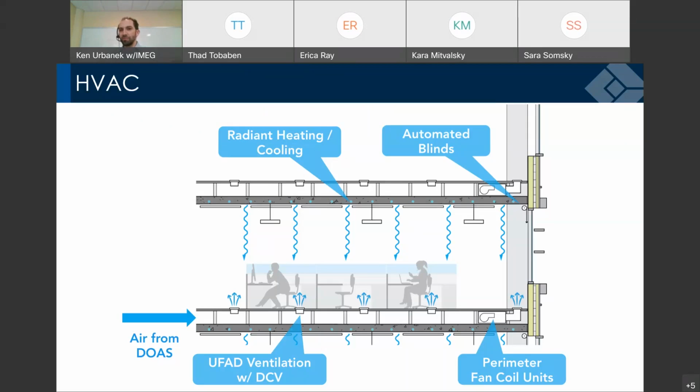Similar concept to radiant heat, where we run heated water through a concrete slab. So this is basically plastic tubing buried inside the slab, but we can actually run cool water through it. It has a little bit more complications because if we cool that slab too much, we can actually condense and create a water film actually on the surface of that concrete. So radiant was our primary heating and cooling method. Its benefit being that it can move a lot of energy with water, more than you can move with air. And so it's a very efficient way. It's also a great way to,